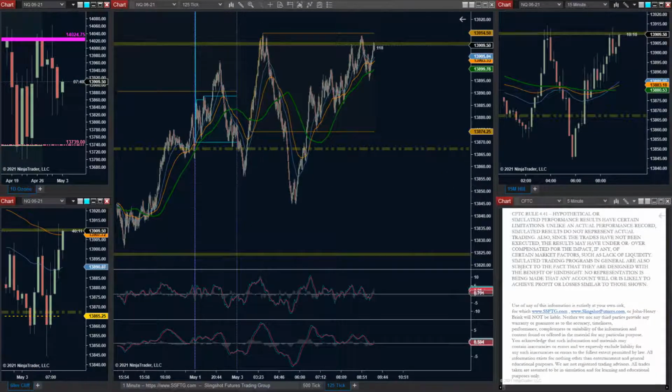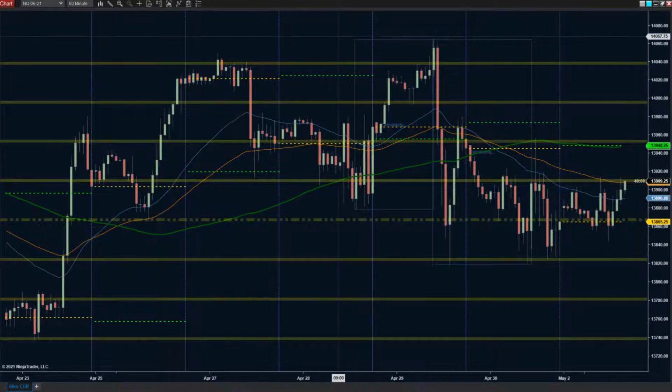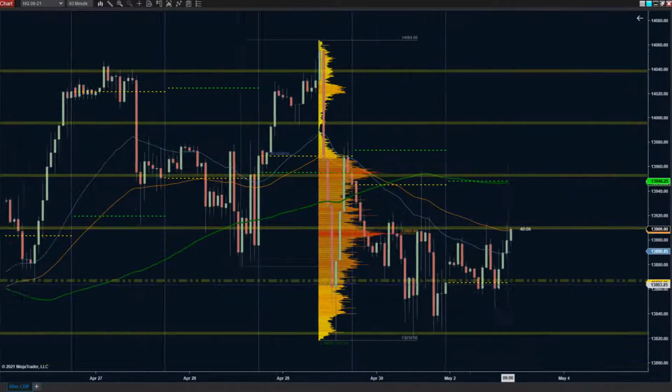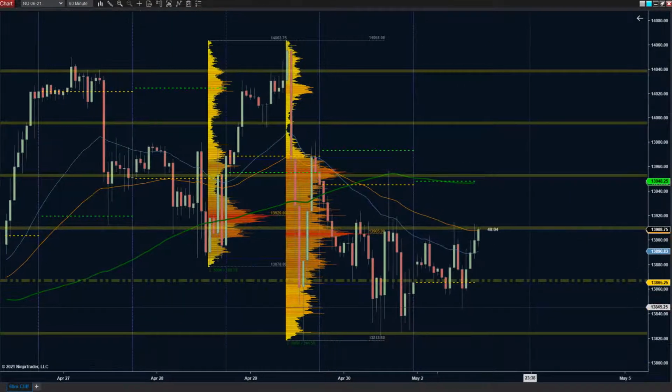See if it wants to happen, I guess. Moving down into the 60-minute cliff and kind of seeing what's going on from this perspective. Overall, the obvious thing that's happening here is this, first off, bottom-weighted POC down here that the market is coming back to and attempting to try to defend at least a little bit.